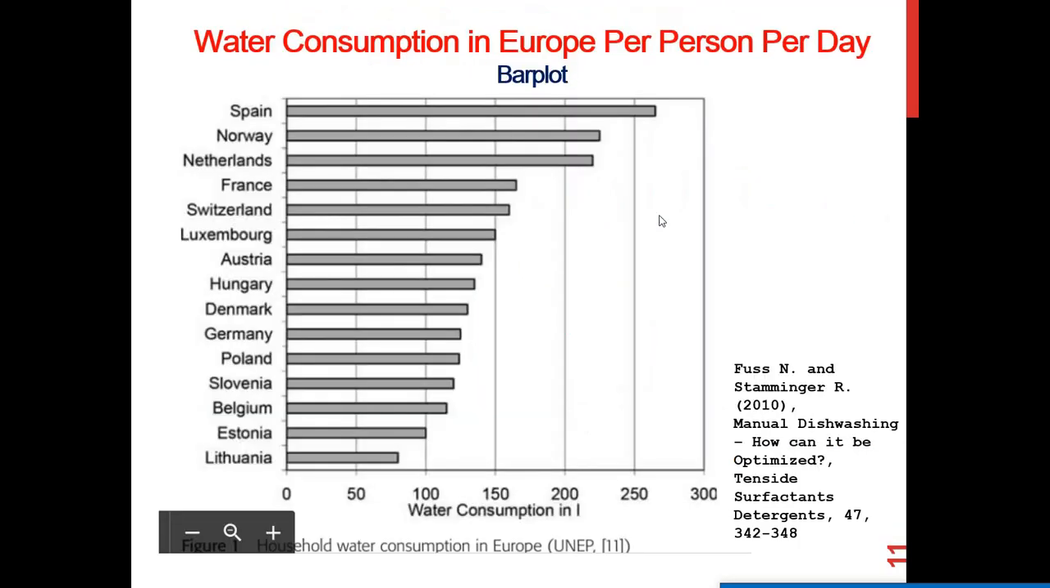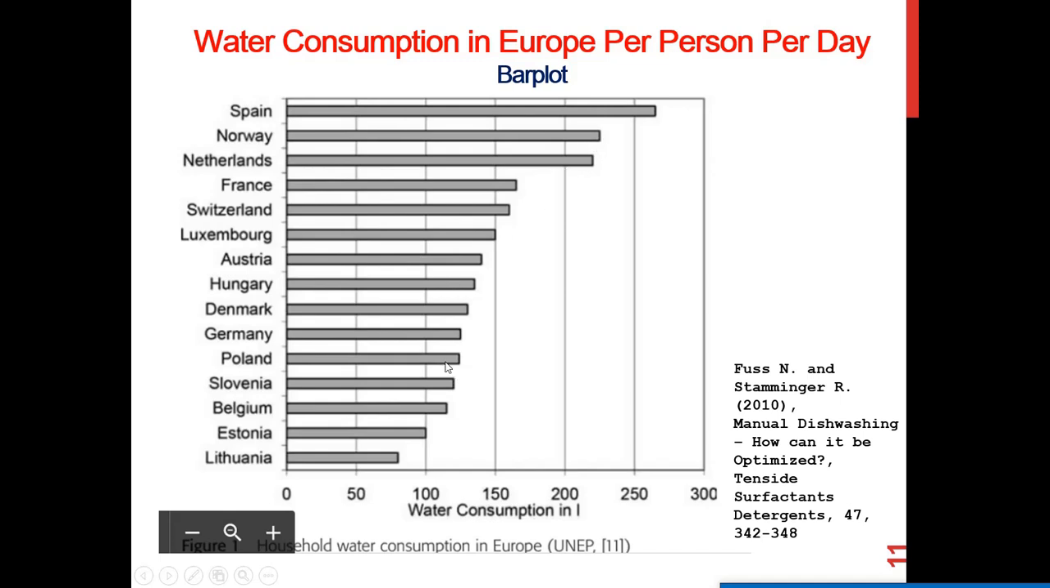Another example is the bar plot. This bar plot is useful when I have categories of some variable and then some similar type of readings on those categories. For example, here we have many countries and then we have water consumption, per capita water consumption for those countries, per capita per day. Okay, so this data is actually real data taken from this paper. So for Spain you can see water consumption in liters is beyond 250, for Norway it is somewhere around 230,